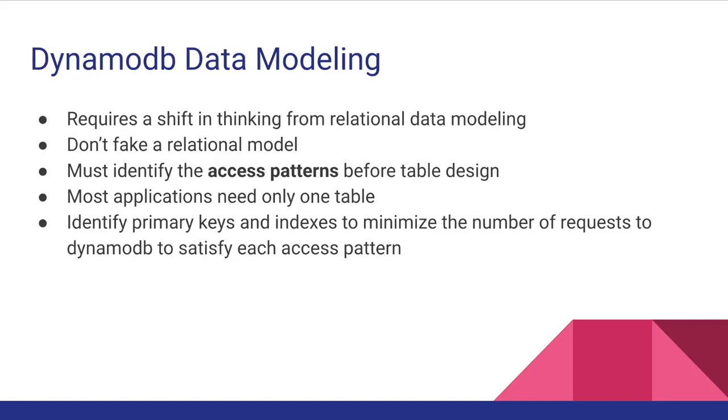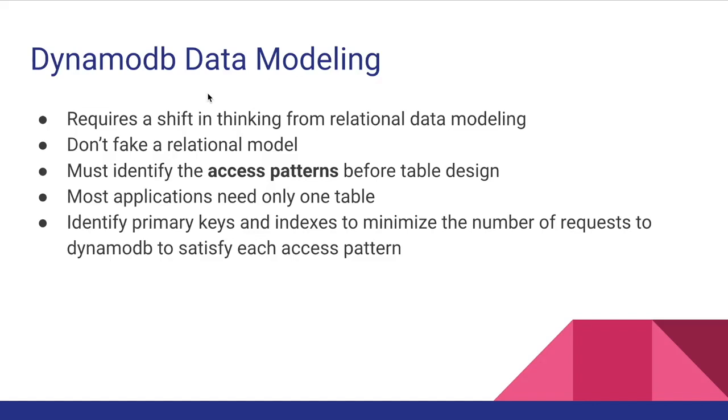Of course, in reality, you might not be able to identify each and every access pattern, but try to identify most of the access patterns that will be used in your application. And once you have identified all these access patterns, you probably need just one table for your application. Amazon also says in the documentation that you probably need just a single table for most applications. So we don't want to provision read capacity units and write capacity units for many tables and increase our DynamoDB